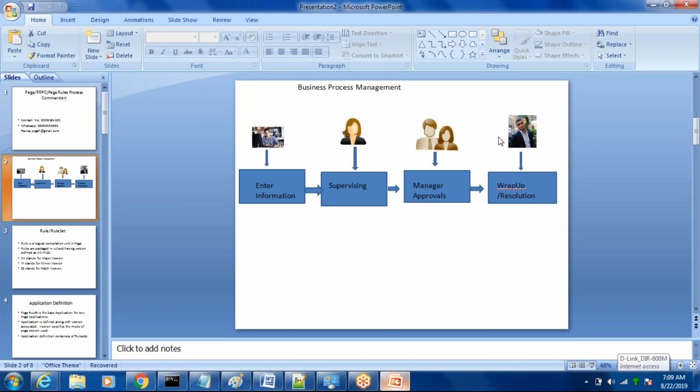So BPM is one such methodology where we have different sets of people engaged to coordinatively work together to achieve their target. The target is to hire a candidate in this case. This entire life cycle may have multiple sets of actors engaged, and BPM is basically to manage all these different sets of processes.